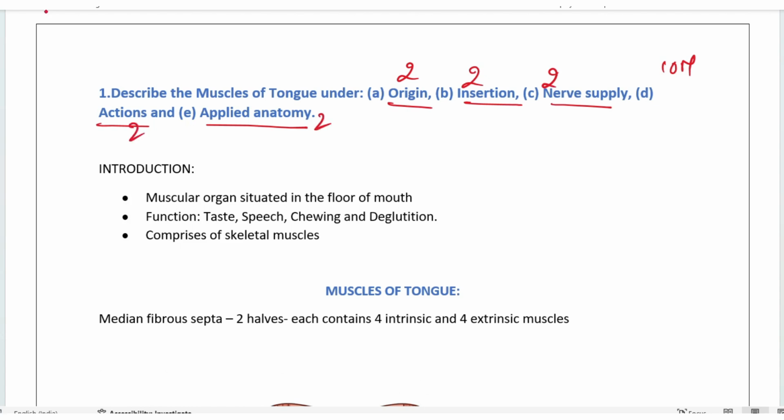Firstly, we'll just write a brief introduction of about 1 to 2 lines. Tongue is a muscular organ which is situated in the floor of the mouth. Functions are taste, speech, chewing, deglutition. It comprises of the skeletal muscles. Coming to the muscles of the tongue,